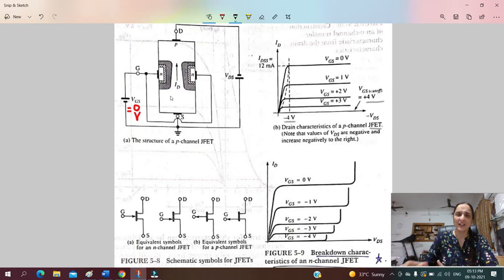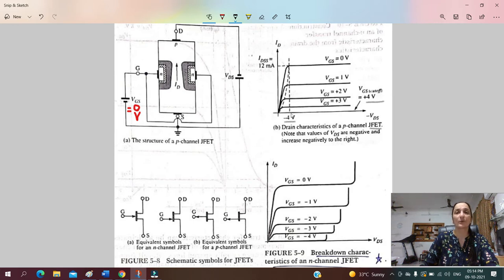So what do you think? Does the width of the channel reduce to 0? No, it is almost 0, but it does not reduce to 0. Otherwise, current will not be able to flow. What will happen? The channel width reduces to a minimum constant value and a constant value of current flows through this constricted channel.